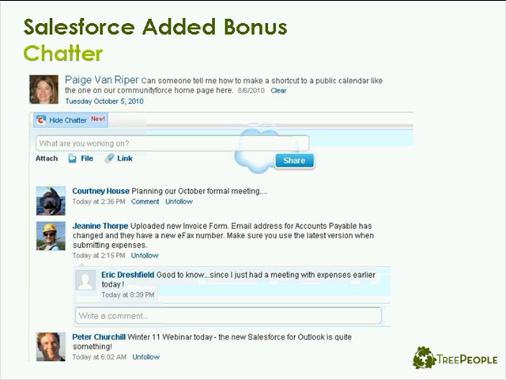I actually am the Salesforce nonprofit user group leader for Los Angeles, so I have another version of Salesforce for running my user group, and this is some of the other user group leaders. So I can see what they're up to. I can see that there's a new form out there, in case I need that. And this is just the beginning for them, and they're going to be adding so much into this. So I view it as an intranet on steroids, really. It just has a lot of possibility there.